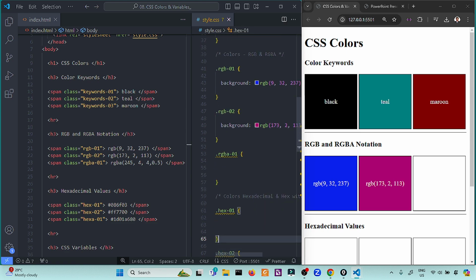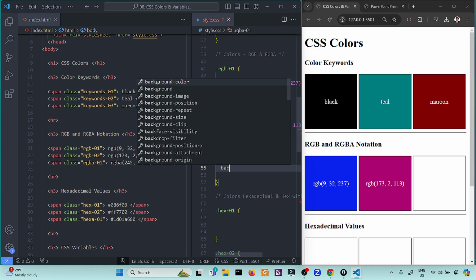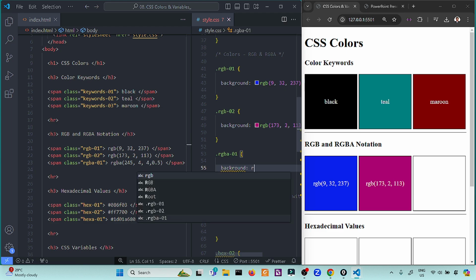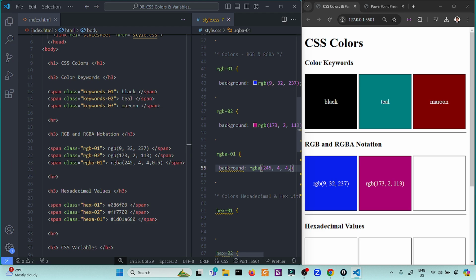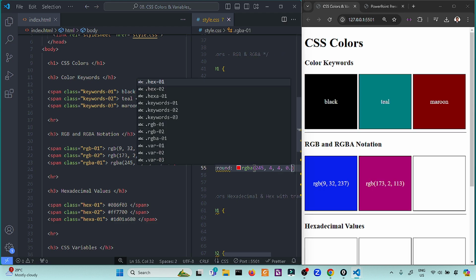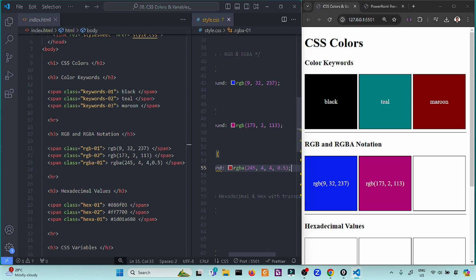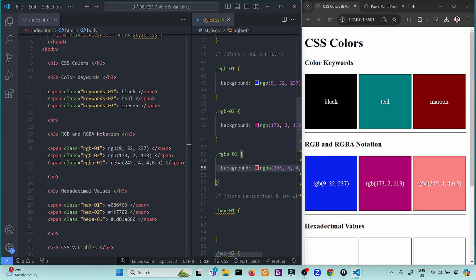And for our last one, RGB with an alpha, you can see the background: instead of rgb, we add a component of a, then we say 245, 4, 4. Remember, the last value will be the transparency. This means that the RGBA is semi-transparent.